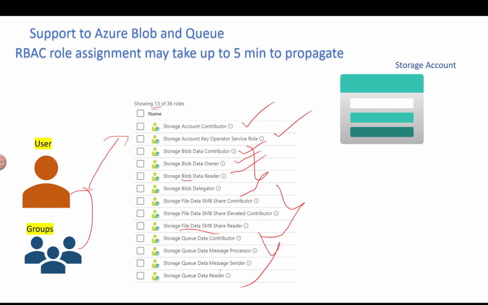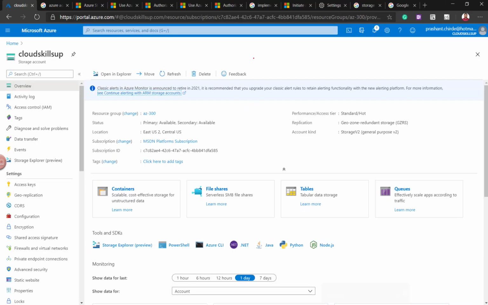So this also works the same way: according to your requirement, you can assign the permission to the users and the group. On top of that, you can also customize the role. For example, if you want to combine 2 or 3 roles and create one set of roles, you can do that, but for that you should have the Azure AD P1 or P2 licensing so that you can create the custom role. So let's navigate to the portal and demonstrate how we can provide the access.